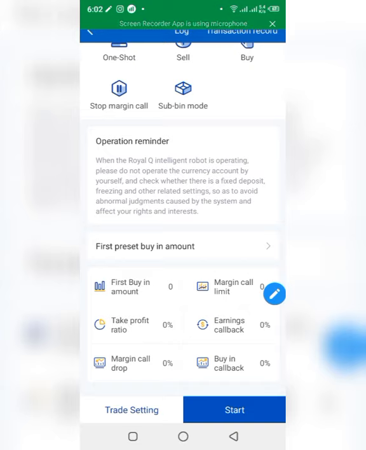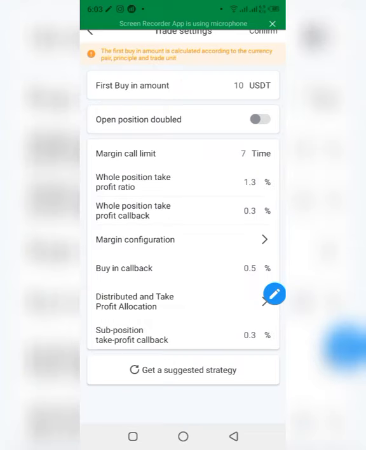Now I'm going to be showing you the exact strategy that I normally use that gives me profits every single time, even when people are saying it has gotten to 1.3 now, but I didn't see the profit. Now I'm going to be showing the reason why you didn't see the profit. Now, to set it up, the best strategy I normally use, when you go to your trade settings,